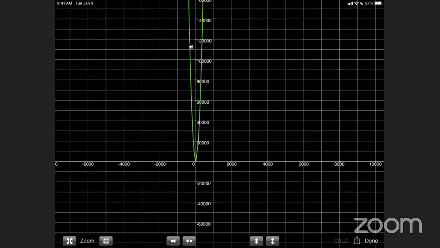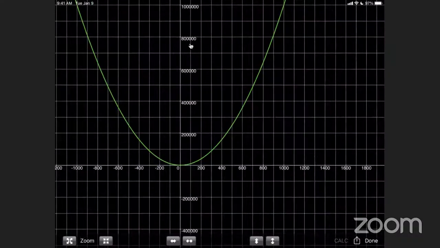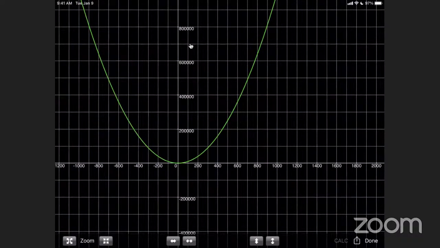What's it look like on your graphing calculator? I'm pulling it up right now. Seems like for what values, it says for what values of X is D smallest. It sure looks like 0 to me. Yeah. And only 0. And does that make sense? See, if I'm plugging in 1,